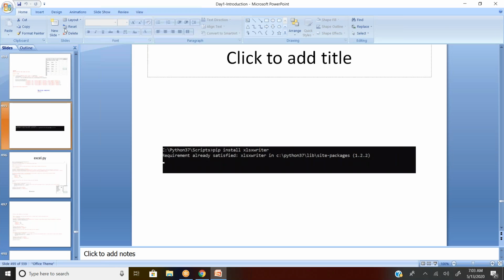XlsxWriter is also a third-party module, not an inbuilt module of Python. So as an initial step, we have to install it in your Python environment. I'm going to CMD, I just give my path, and pip install XlsxWriter. Since it's a third-party library, you have to make the library available.